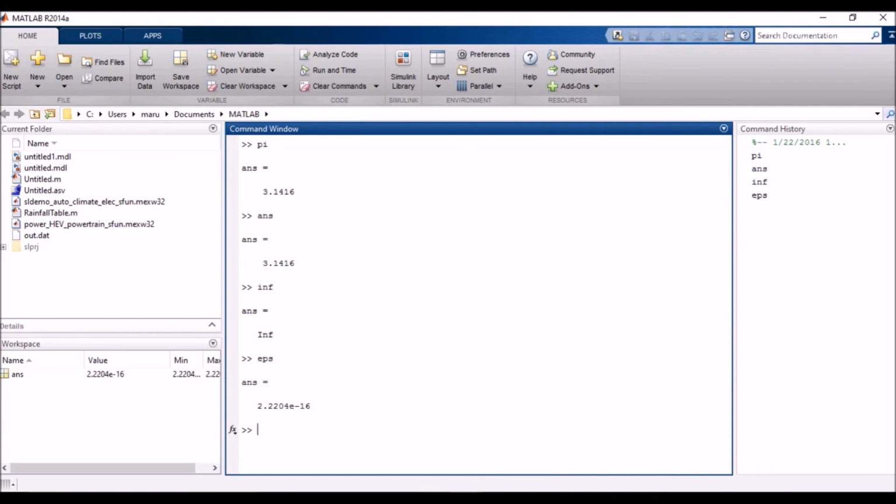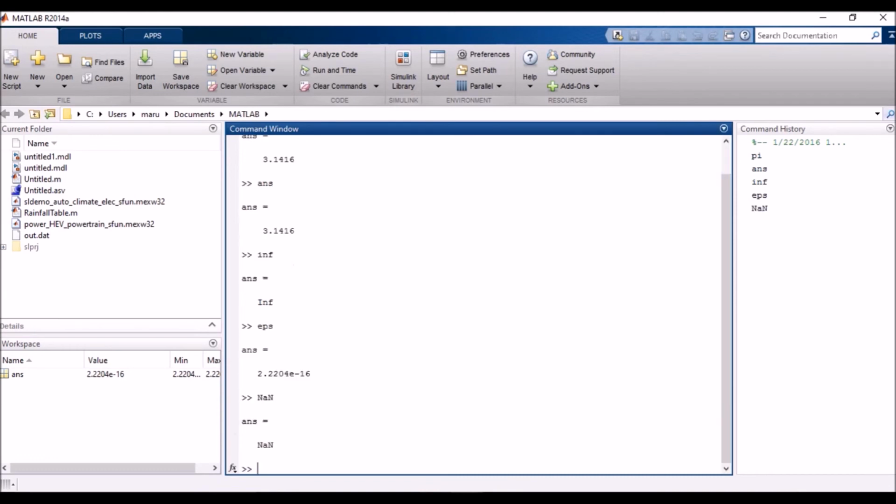Okay, and other variables are also there within MATLAB which are already predefined. That is NaN, which indicates an undefined numerical result, that is, not a number. For example, 0 by 0, what we get is NaN. Okay, it is not a number.